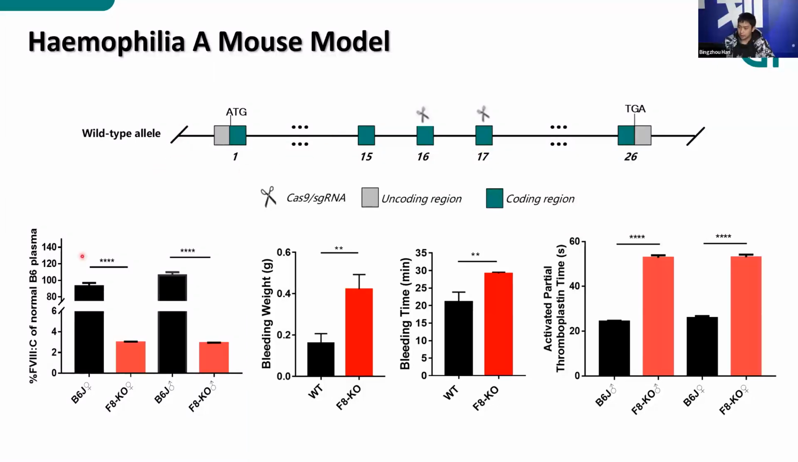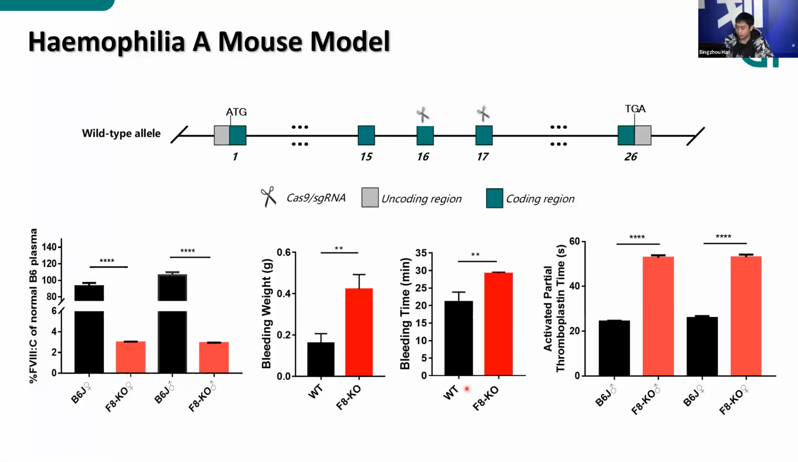And we can see that in the homozygous mice, the level of factor 8 is decreased to nearly 1 to 2% of the wild type level in both male and female mice. And then we tested the bleeding weight and the bleeding time, and also the activated partial thromboplastin time